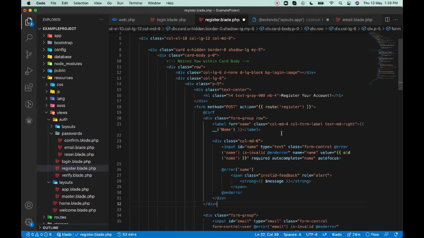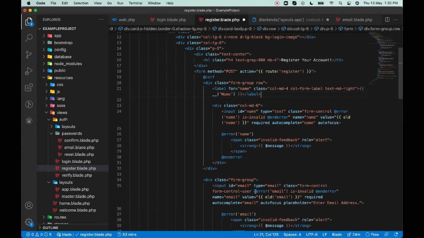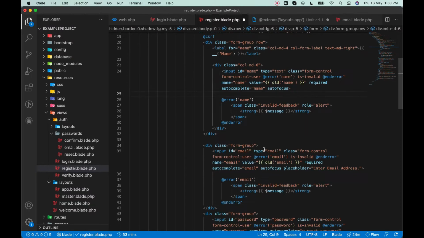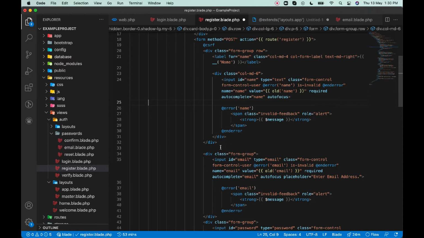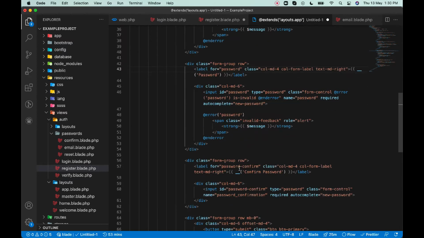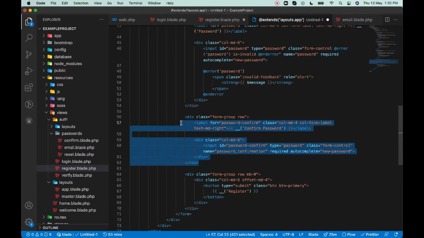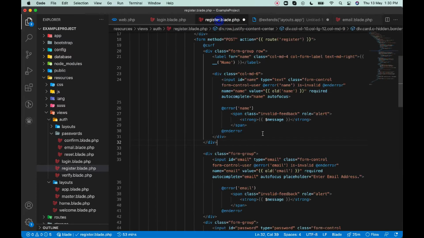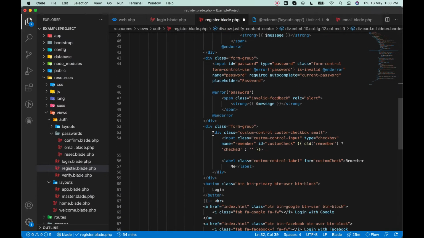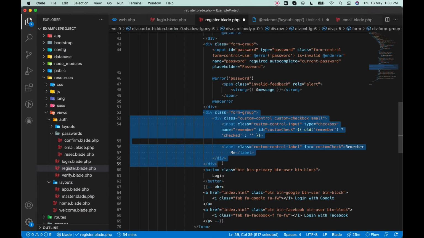So this will go for name. So along with form control we have to put this name. Alright, so this name is there, after that email is there, after that password is there, another field is password confirm. So after the password we have to make this as a password confirm